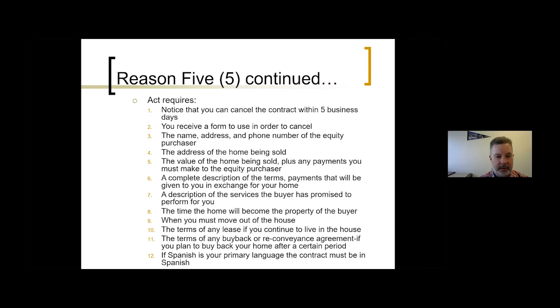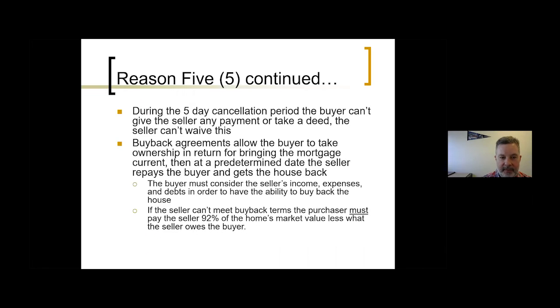It's in their materials. This was pretty much a scam that was happening back then, where people were going into contract with an owner who's in foreclosure, saying, we're going to bail you out, we're going to take the property from you, buy the property from you, and sell it back to you later. They would just take all the equity out of the property,